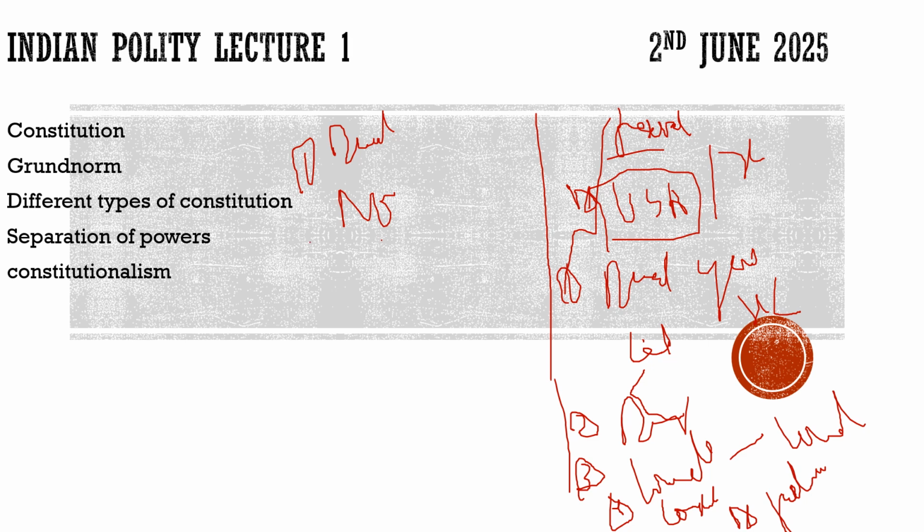Second thing, distribution of powers. We have the 7th Schedule, we have the state list, the concurrent list, and the central list. Can the center make laws on the state list? In normal conditions they won't, but if they want, they will make the conditions abnormal and they can make it. So on paper there is a distribution of powers, but is it really so? Can the center violate this? 100% they can do it.